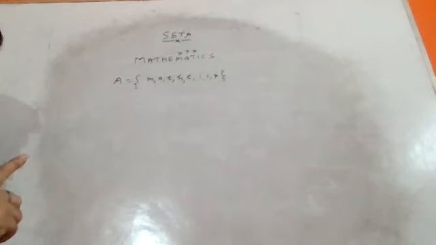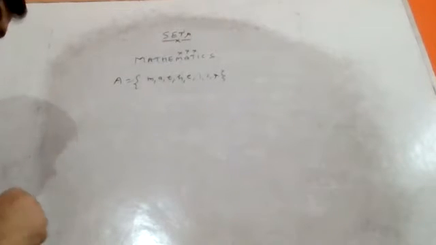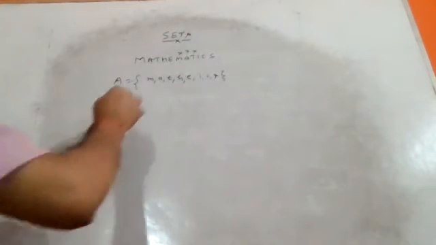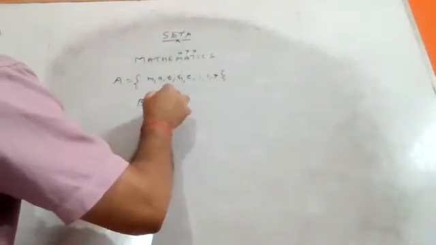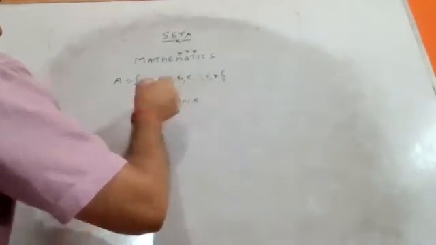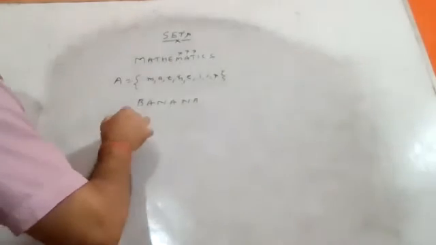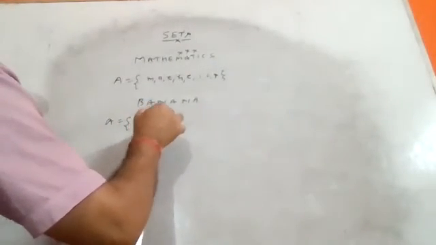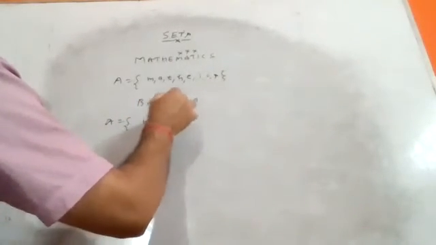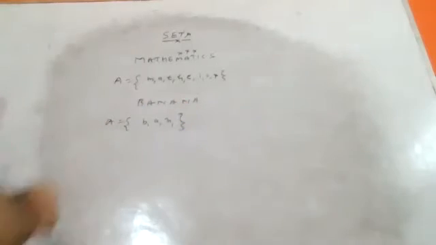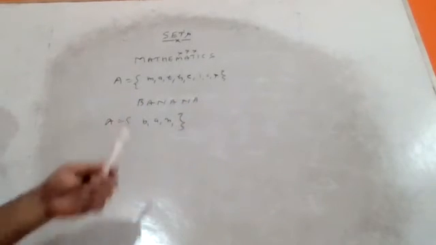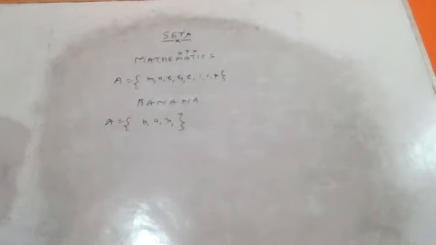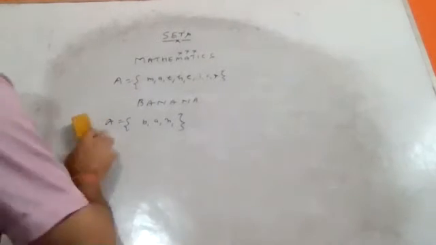एक एलिमेंट को एक बार ही लिखेंगे, बार बार नहीं लिखेंगे. That's clear? Suppose we have the word banana, B-A-N-A-N-A, and we are told to represent this as a set. To write down the set, the first element is B, second is A, third is N. A already written, no. So the spelling of the word banana we can represent as the set B, comma A, comma N. So this point is, I hope, clear.